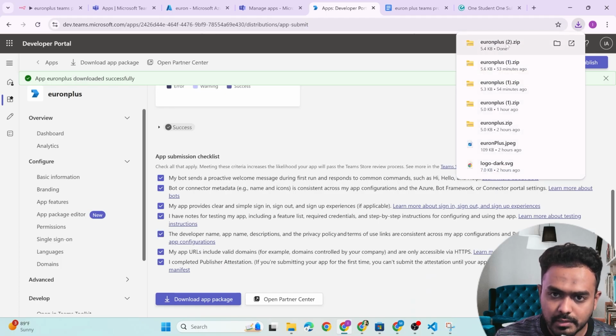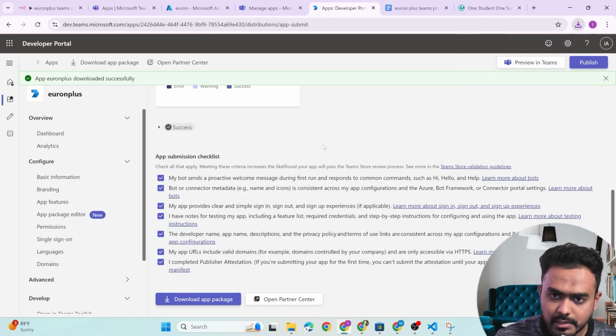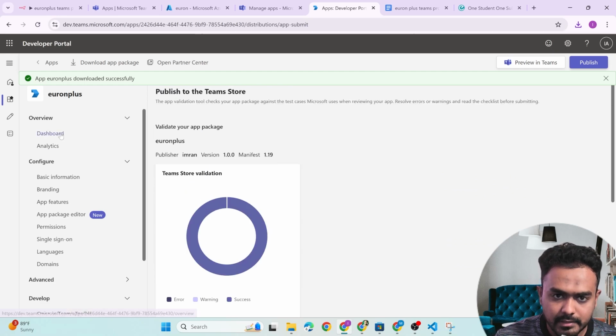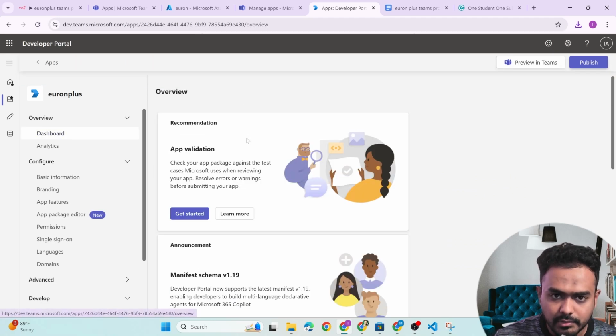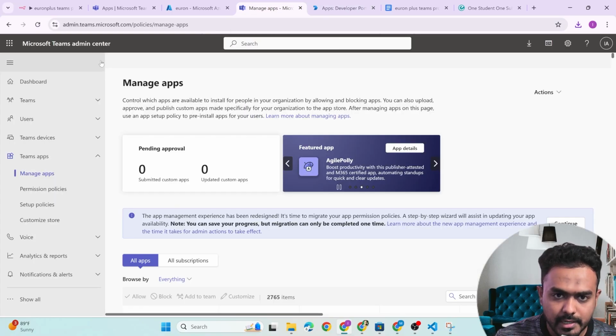So Euron Plus 2. Right now there is a 2 here, so we need to select the proper zip file. Whatever you have downloaded, just make sure that you are uploading the correct zip file. Once this is done, we are done creating our application. So now the next step is we need to upload this. To upload that, you need to get into this